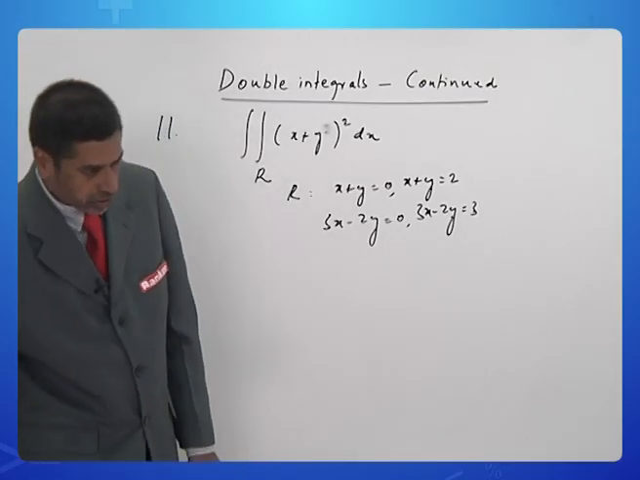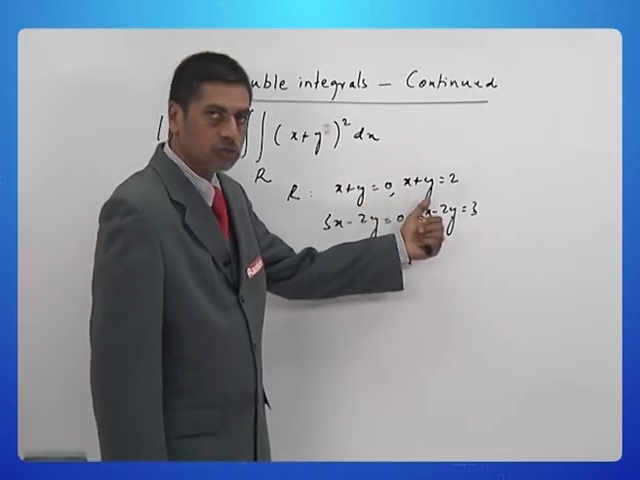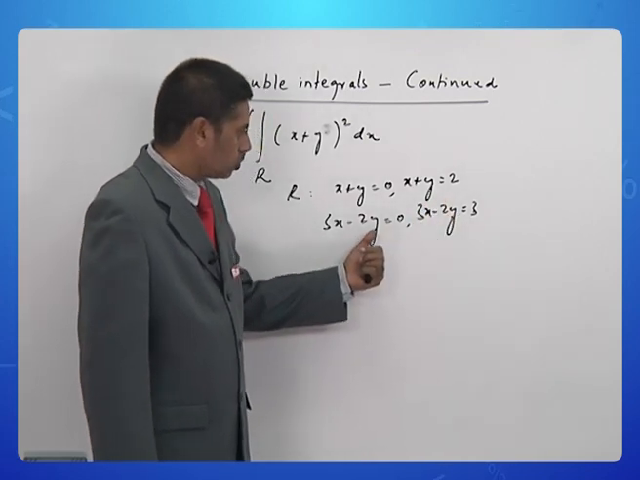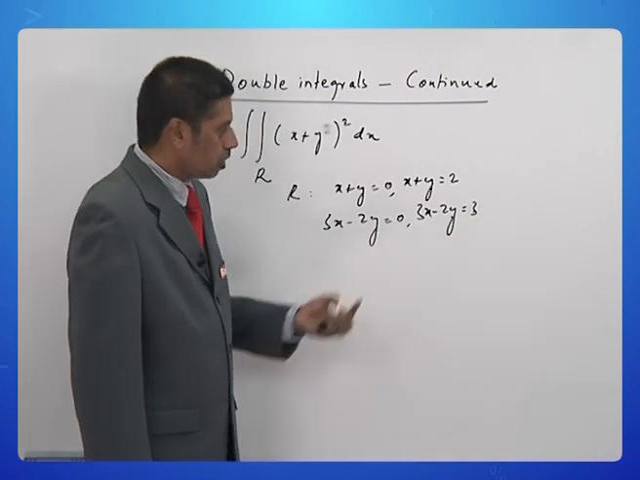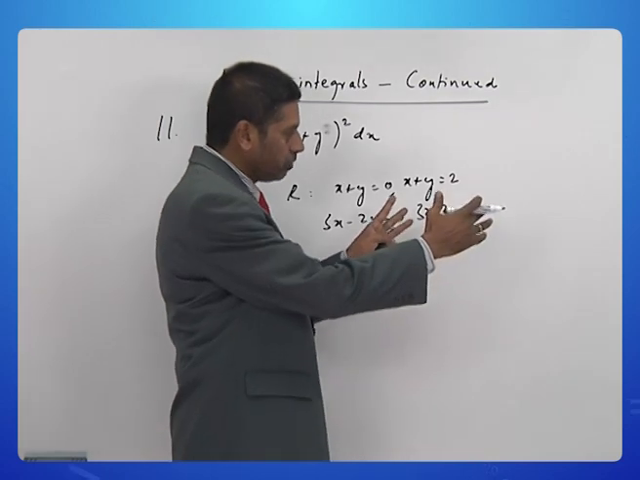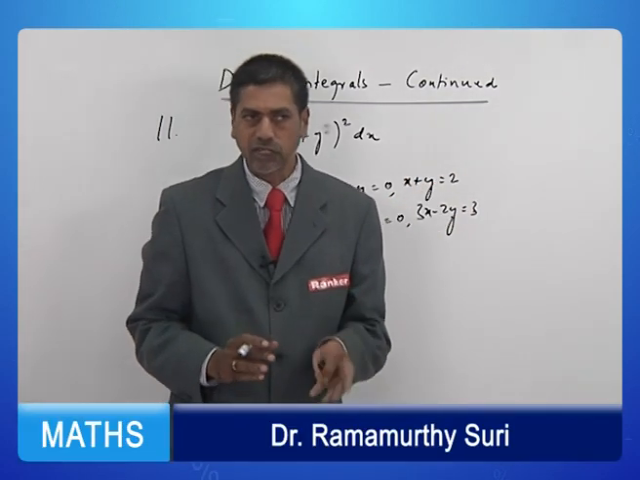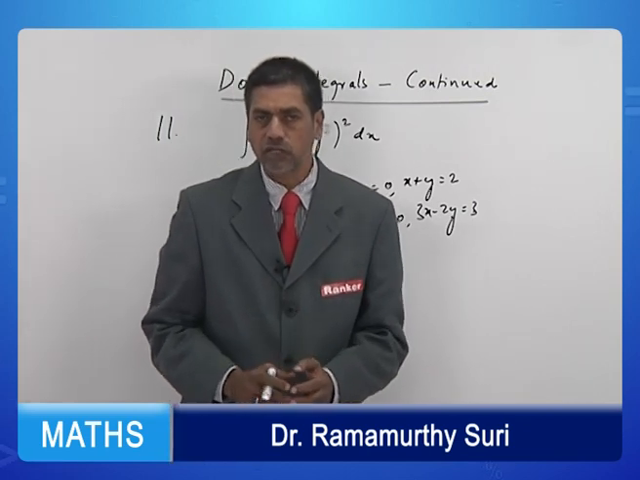Now, as you can see, we have two pairs of parallel lines: x plus y equal to 0 and x plus y equal to 2, and 3x minus 2y equal to 0 and 3x minus 2y equal to 3. So this forms a parallelogram. Clearly, such a parallelogram will be in some inclined position, making it slightly difficult to fix the limits of integration. So, one of the advantages of